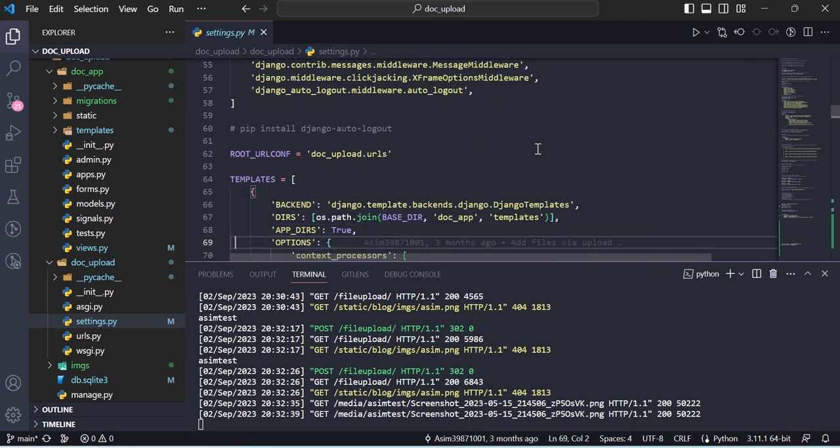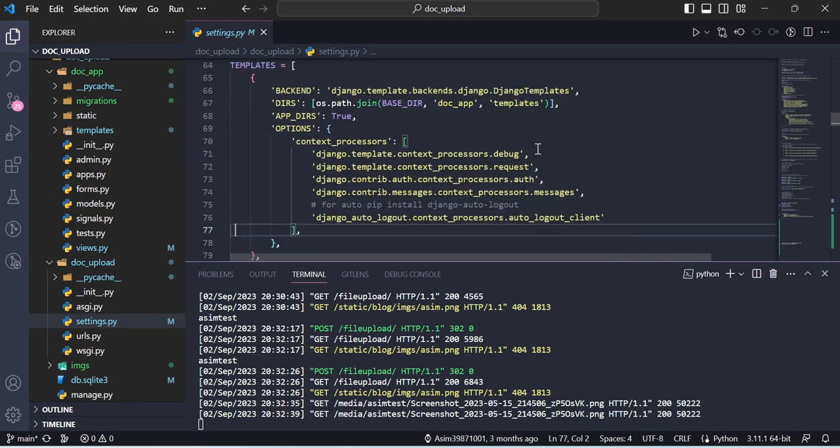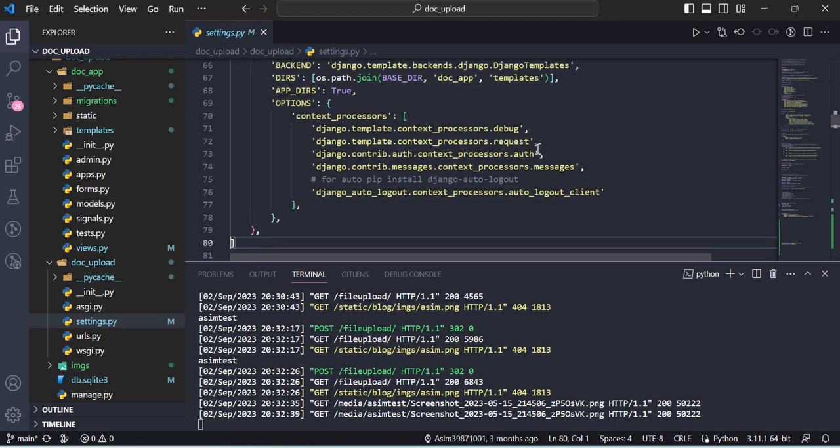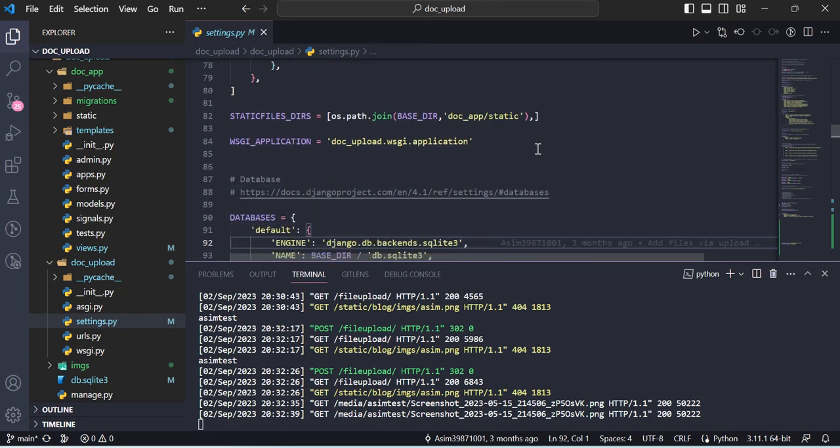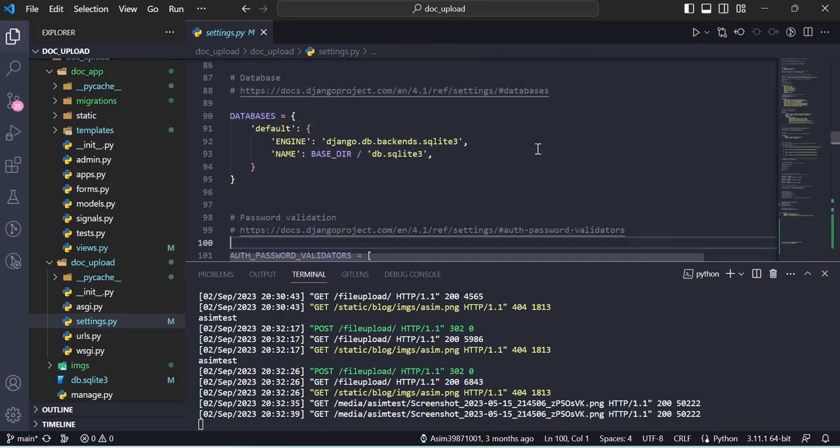Third setting, we have to define the template. In our template, the context processor autologout client. This is actually the setting given by the Django Autologout package. This setting we have to put here, and in the last